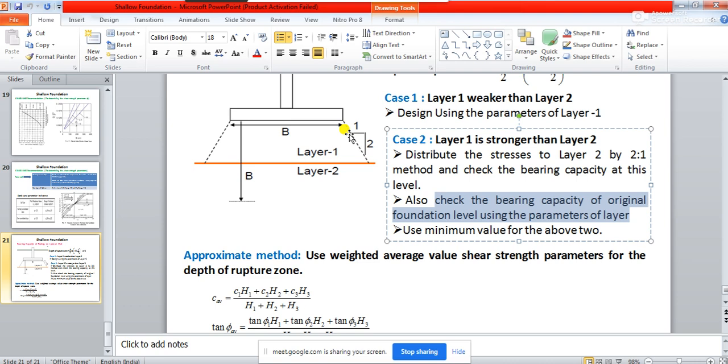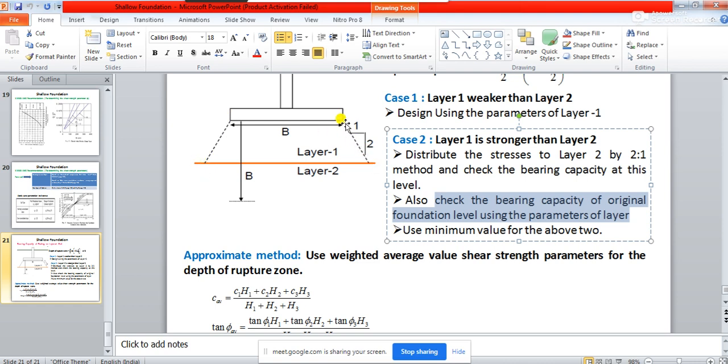Okay, bearing capacity value, just assume. If you have the area of the footing and you multiply it with the bearing capacity, you know the total load that the footing can maximum carry. Now once you determine that, you distribute the load, that means you go down in a trapezoidal load